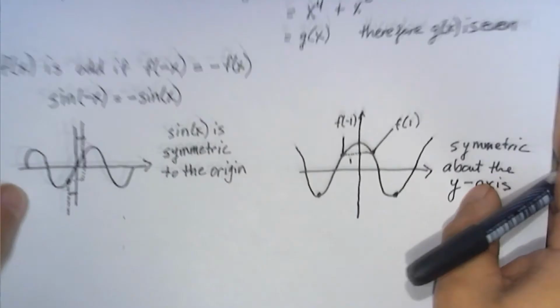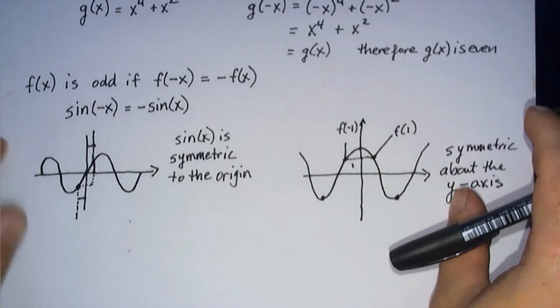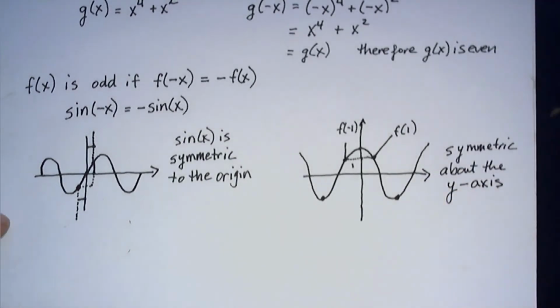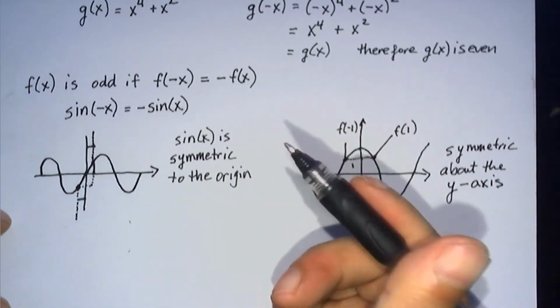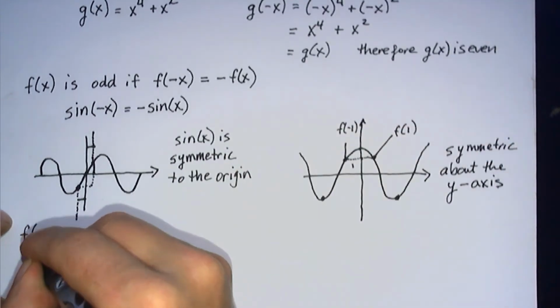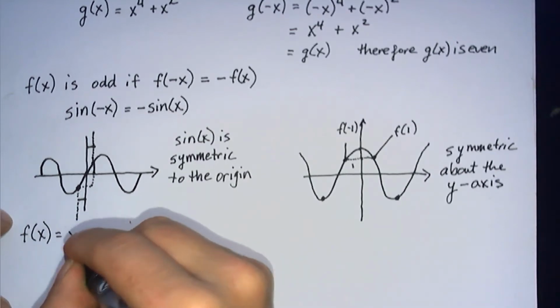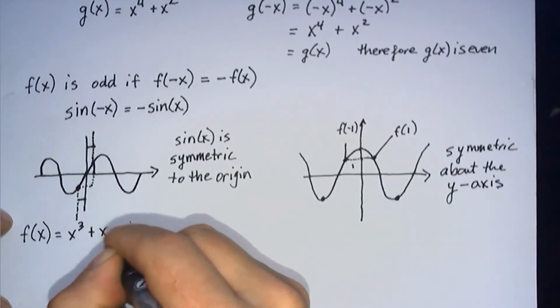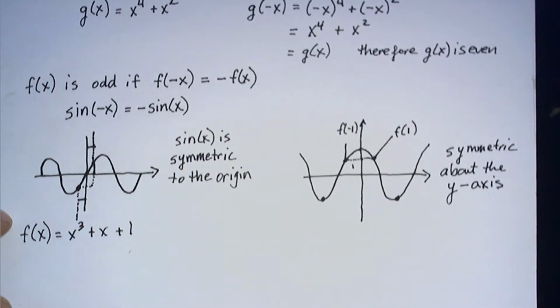that we kind of need to look at with polynomials, if you'll excuse me as I scoot this up a little bit. And that is neither. So let's look at a few examples here and determine the symmetry. The first one I want to look at is f of x is equal to x cubed plus x plus 1. Okay, now,